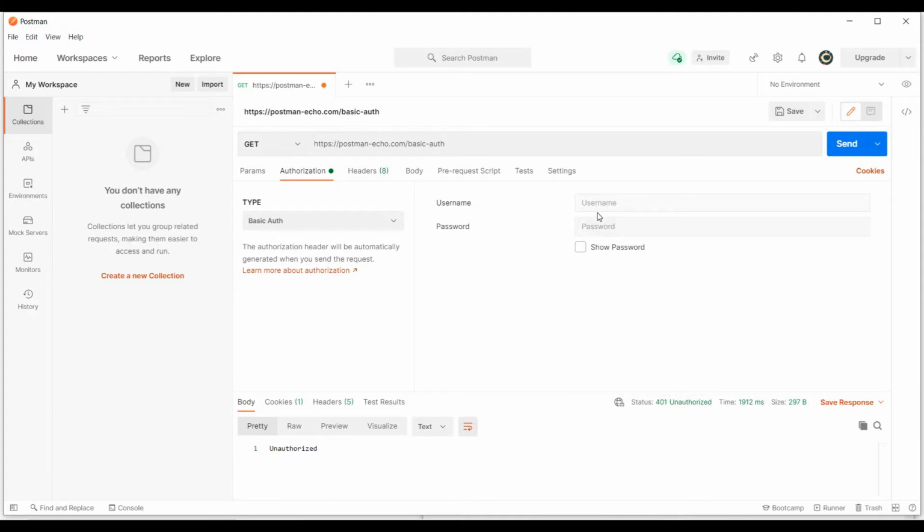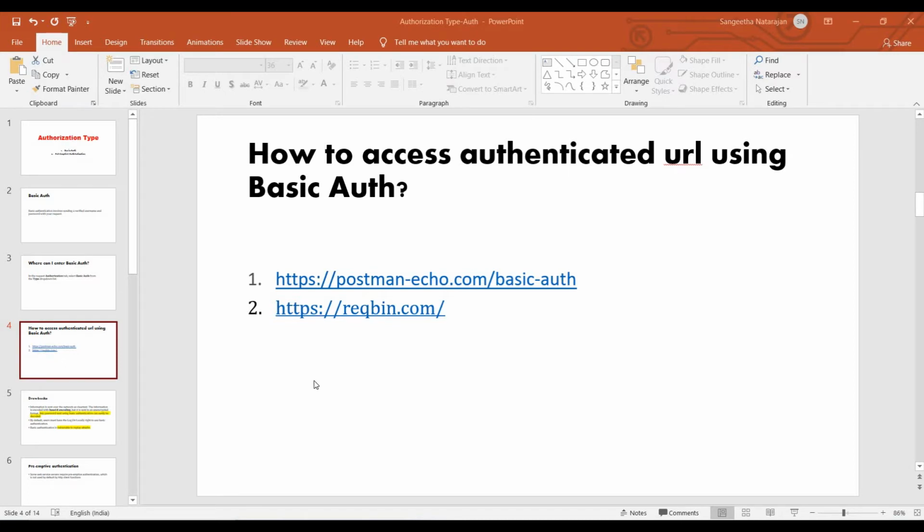Okay, so here I am going to give the username Postman. The password is Postman, sorry, password. Okay, now I am going to hit this URL after entering the right username and password. Okay, see, authenticated true. So it is successfully authenticated, which verified your username and password. Once successfully verified, the server will give you the right response, which is the status code 200. Okay, next I will show you how to use this basic authentication in Rest Assured.